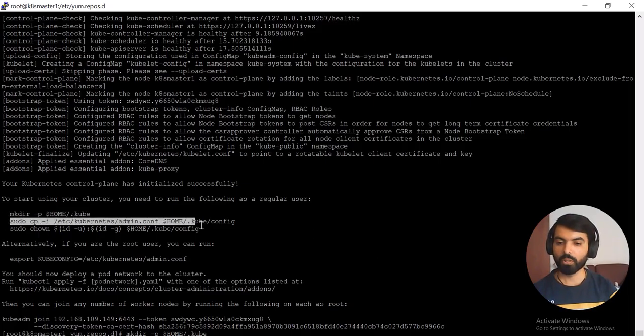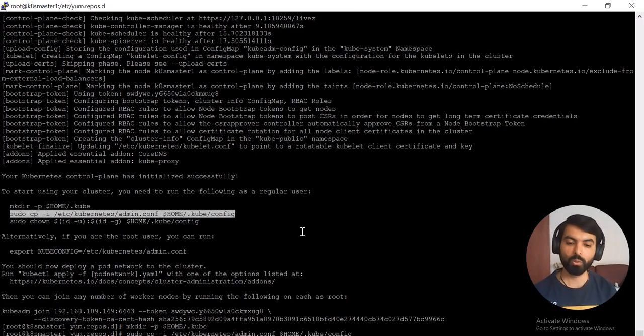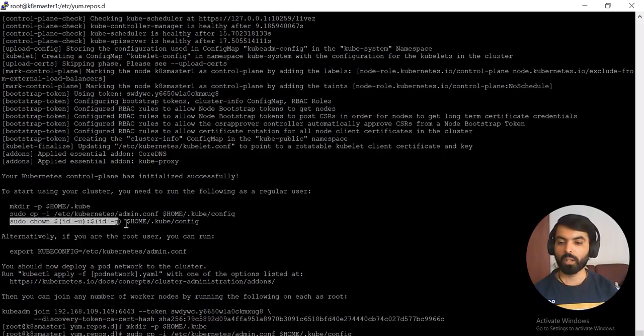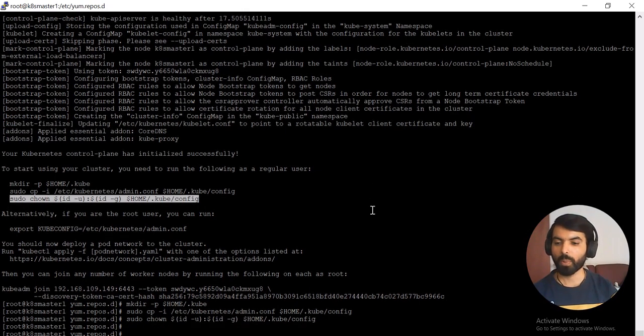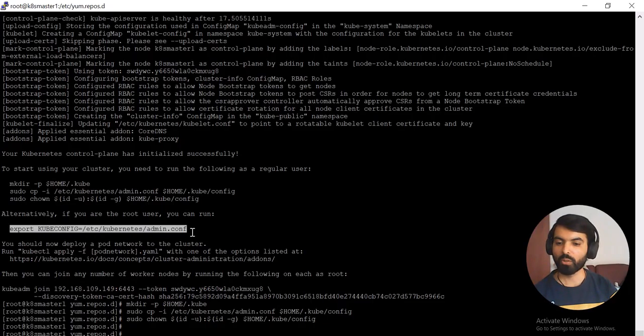Then we are copying this admin.conf file into the .kube directory. So when we run kubectl commands, by default kubectl will try to read the config from the .kube folder in the home directory of the user. It will try to read this config, and we give the ownership to the current user. There are other ways we can export the config file, okay, we can do this also. That will be fine. If you want to join any number of worker nodes, we can simply run this